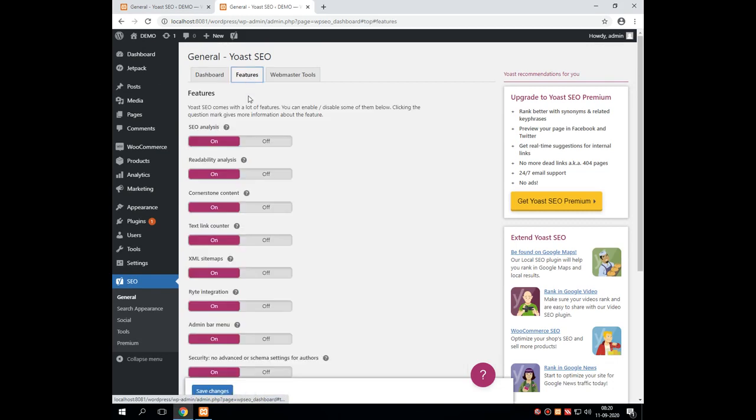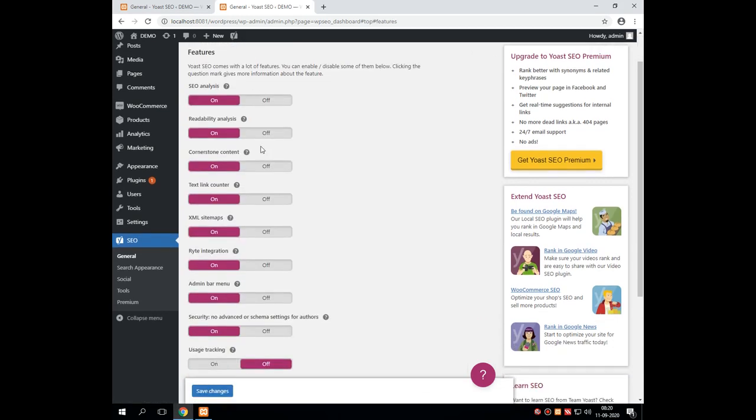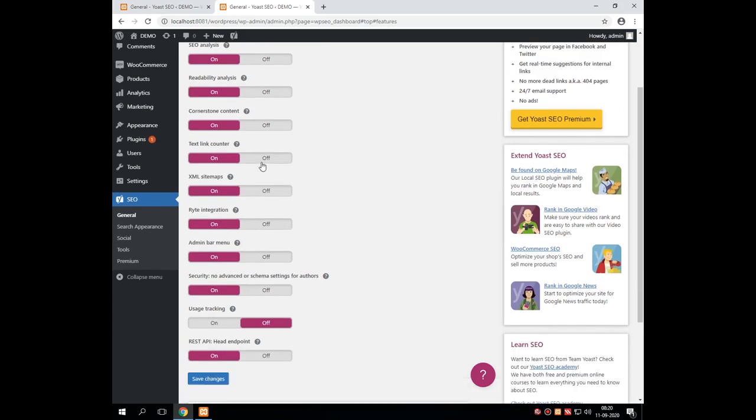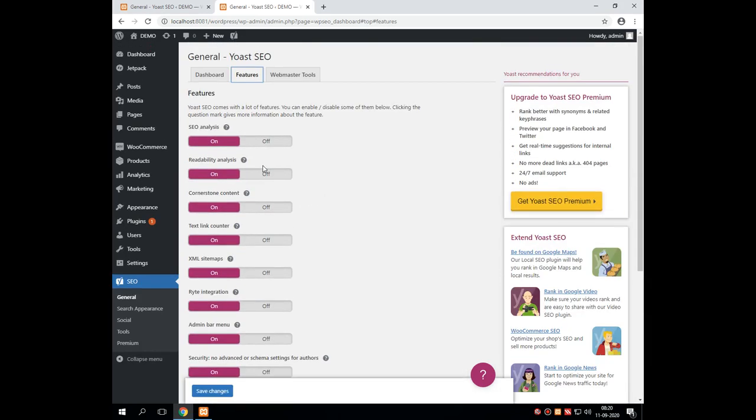Then there is the option of features, where you can directly turn features on and off from this option.